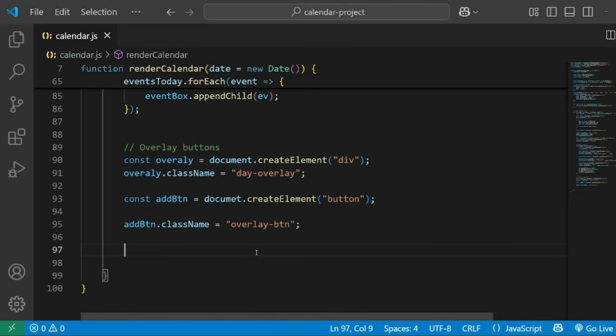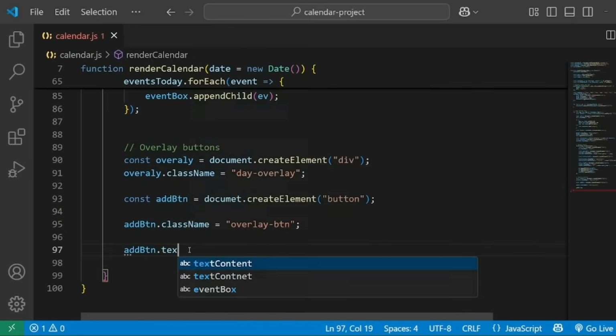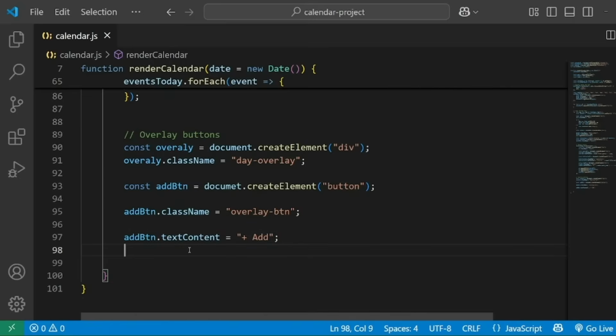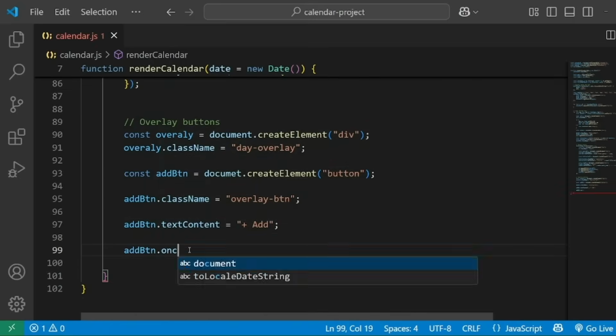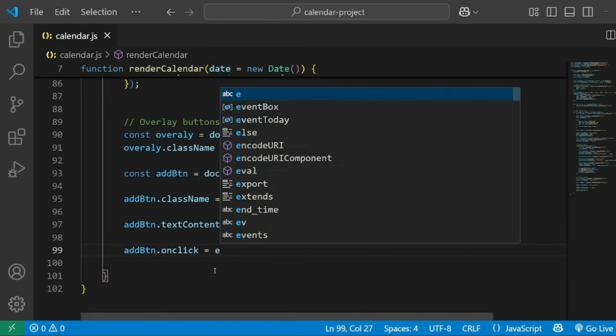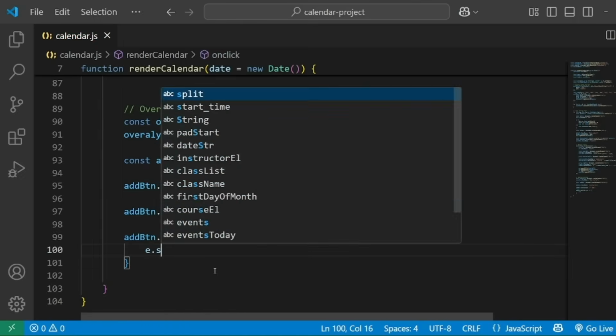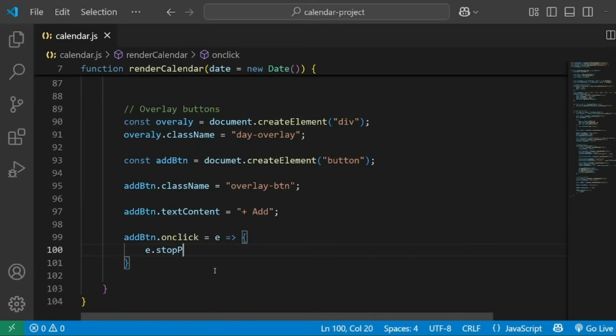So you can notice the trend of creating elements and then injecting class names for each element. And then addBtn.textContent. We have to change the text content of this button element by putting a string, plus icon and then add, to add a new event or to add a new task. addBtn.onclick. We will use the onclick event equal to this e, which is short for event, and then put an arrow function, e.stopPropagation. This function will stop the propagation,